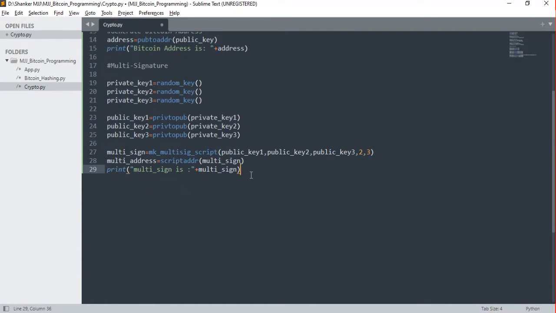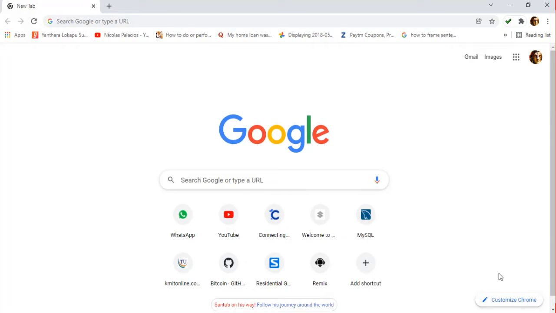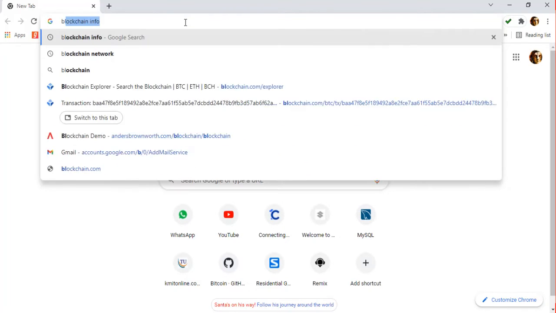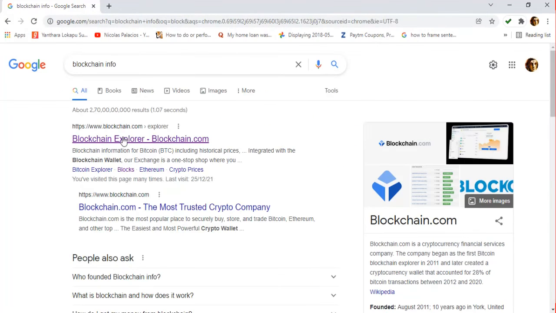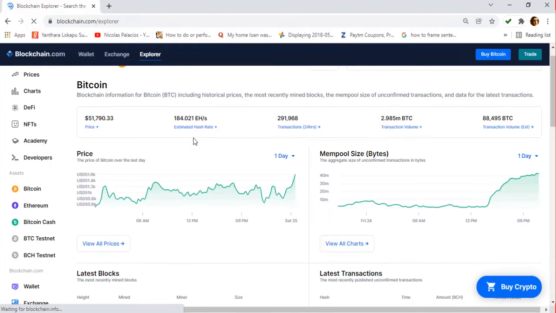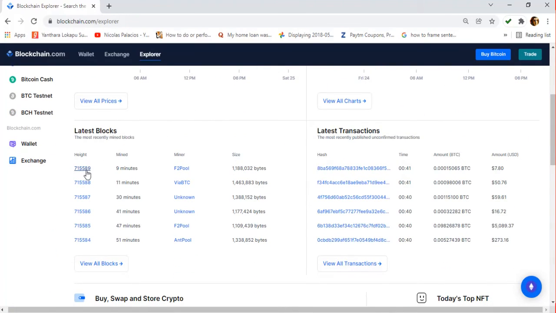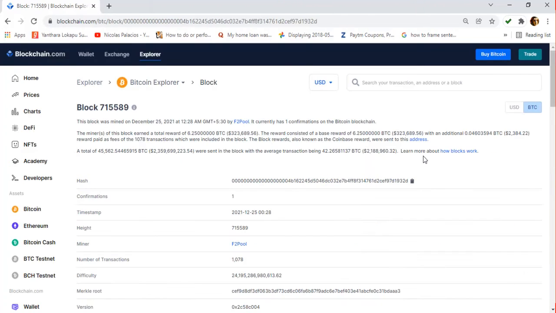Okay, next I want to create a history. So I want to fetch the history from the real blockchain. For this, we have to open a browser and search for a particular transaction. In the browser, just type blockchain info, and you will get the blockchain.com explorer. Here you can see all the transactions like Bitcoin, Ether, Bitcoin Cash. I'm going to talk about Bitcoin coding, right? So you can choose height also. If you want to search a particular